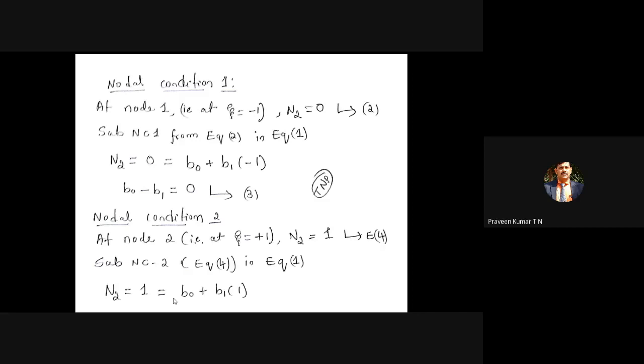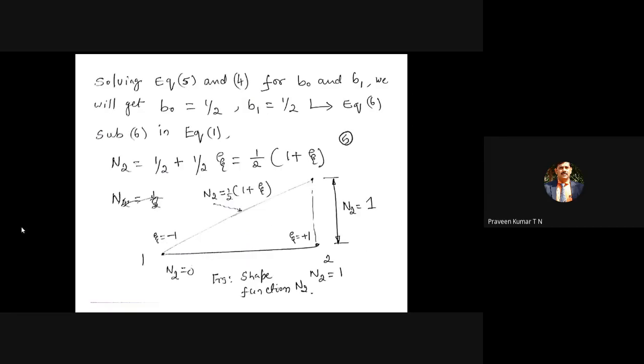That's why you have to practice this equation on the same day itself, especially in heat transfer. So we are going to a slightly complex equation. These are the very simple equations as per your heat transfer analysis. Now, finally, after substituting all those things, you are getting B0 is equal to 1 by 2. B1 is again 1 by 2. So after substituting B0, we'll get N2 is equal to 1 by 2